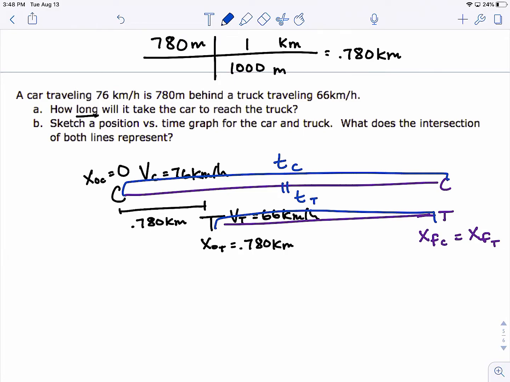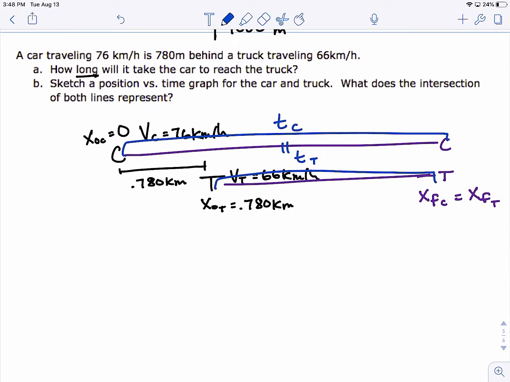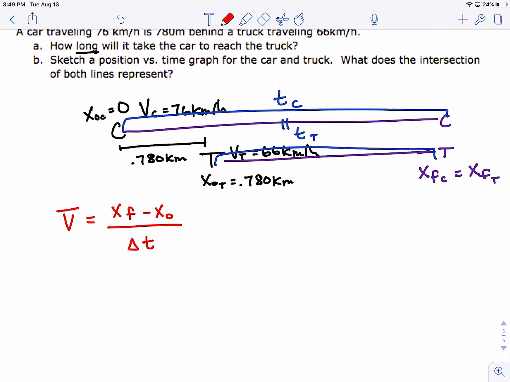So notice we have two unknowns, but we know that the time for the car and the truck are the same, and we know that the final position of the car and the truck are the same. So we're talking about an average velocity. Let's think equations. We know that the average velocity is the final position minus the initial position divided by the change in time, the rate at which that position changes. So in this case, I am going to make two equations, one for the car, one for the truck. And I'm going to solve for the final position. So the final position is going to be the average velocity times the change in time